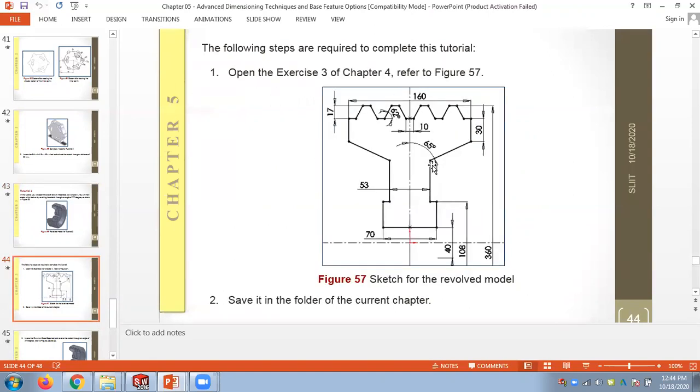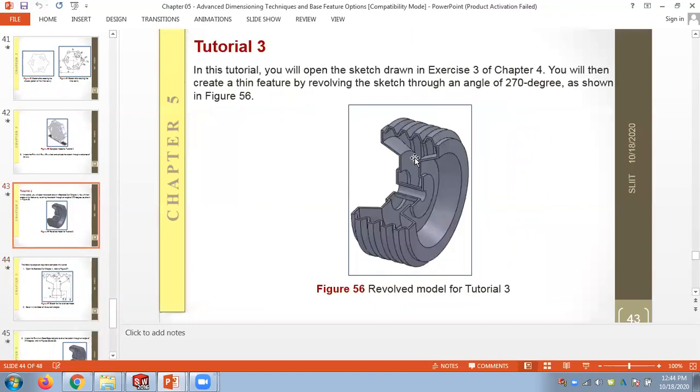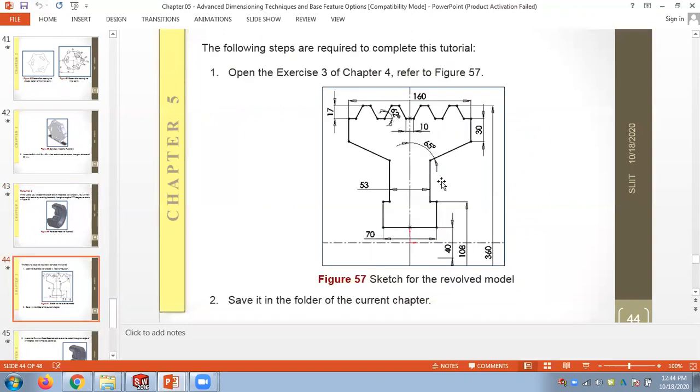This is done from the Revolve tool. The outcome is this. So I hope everyone can draw a sketch like this now. You can try at home. And if you look at this tutorial, there are dimensions given